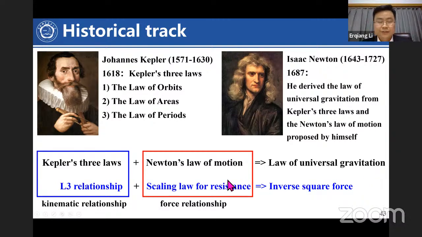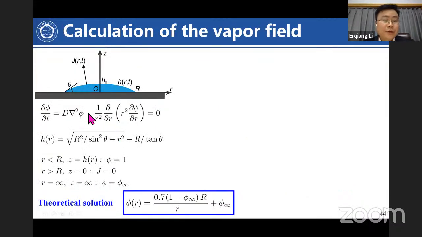So just now, in the previous slide, we used this L3 relationship. L3 means the distance cubed, right? This is also a kinematic relationship. And we use this scaling law of the resistance because we think the resistance is proportional to the velocity, right? We call this force relationship. Then we get an inverse square force. It's very similar, but unfortunately, these laws are very famous, right? Everyone will accept it. And this relationship is just an empirical new formula, right? If I persuade some guy to believe it, probably they will not. So I have to prove it. I have to derive the expression form of the force. So that is what we do now. Consider this configuration.